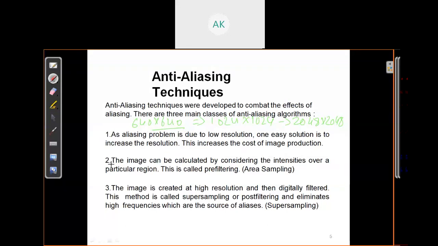Then the second solution is that the image can be calculated by considering the intensity over a particular region. This is called pre-filtering or area sampling. In this sampling method, we fill the color according to which color is prominent at that pixel position. Again, I'm just explaining: suppose this is your screen and you're drawing a line, and just see which color is prominent at each pixel.